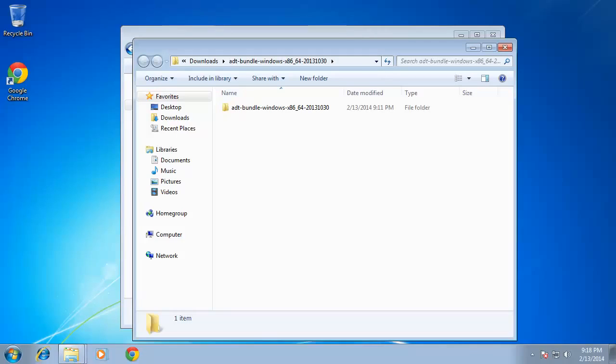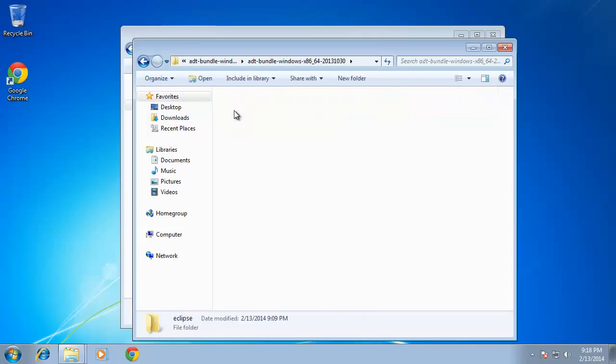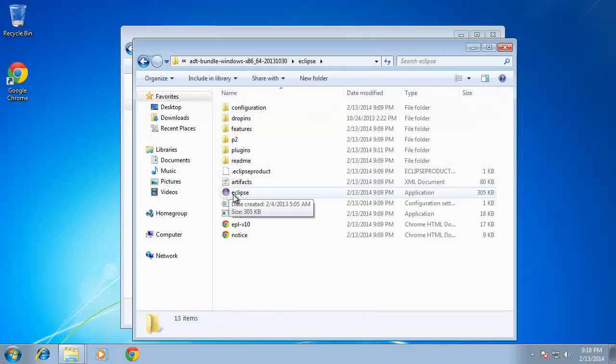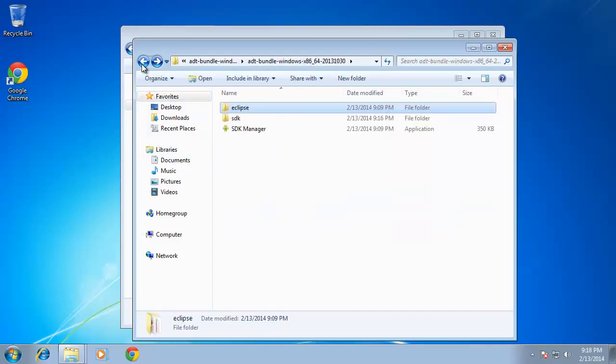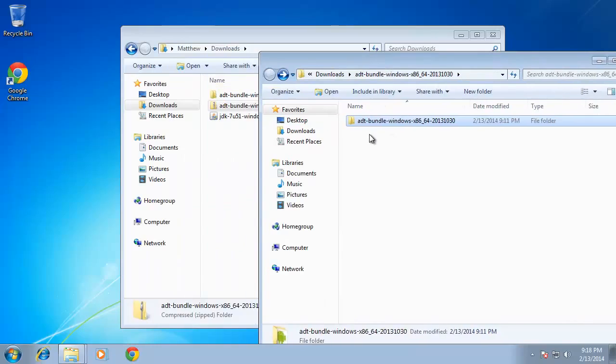Now that the file is extracted, I'm almost done. Just one word of caution. Do not open the folder and run any of the applications, especially the Eclipse application, from the downloads folder. The reason for that is because when you do run this, it's going to create a hidden folder for you that keeps some of your configuration settings. And you don't want to move it and then have to try to find that hidden folder and move that as well. So before you run any of the applications in there,